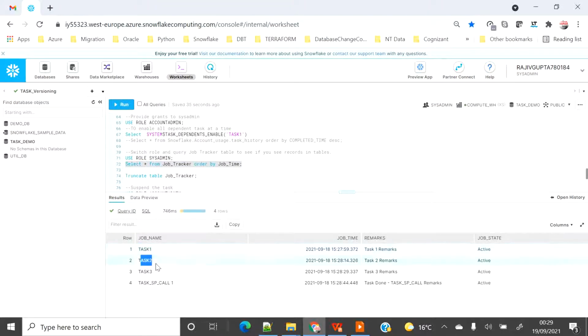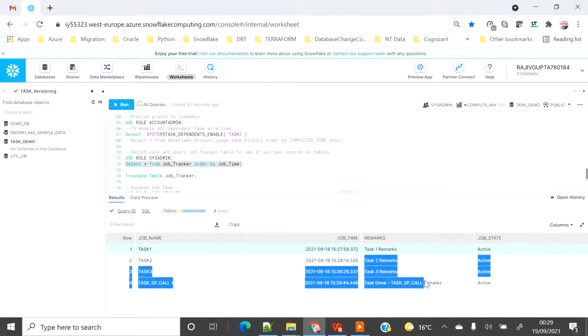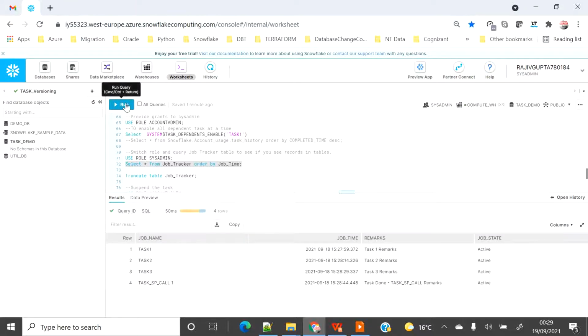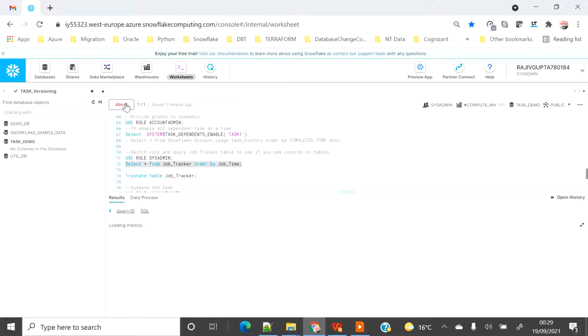We see that task 1, task 2, task 3 and task 4 have already completed the first life cycle, and we have modified task 1 to root task in the remarks column, and that is not there for the first one because we had not modified it at that time. But now that we have modified it, we have not started the root task, although tasks 2, 3 and 4 are already there. If we keep on executing, we will not see the execution of the root task, or any other entry for task 1.